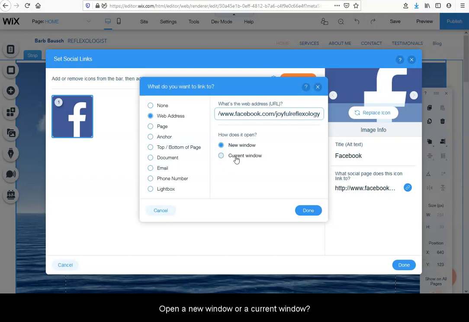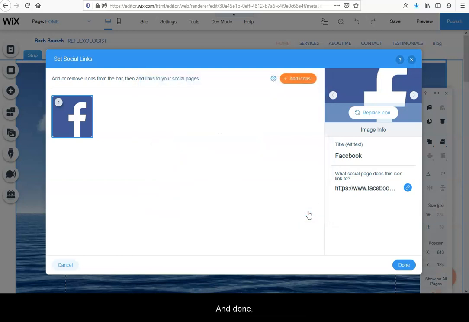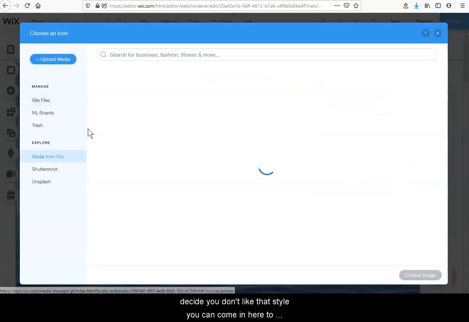Open in a new window or a current window. If you're taking people off of your website, I like to always open in a new window. And done. Also, just as a little side note while we're in here, if you decide you don't like that